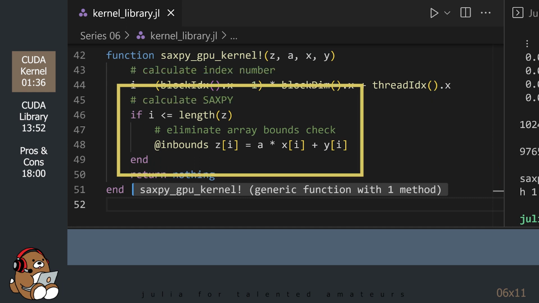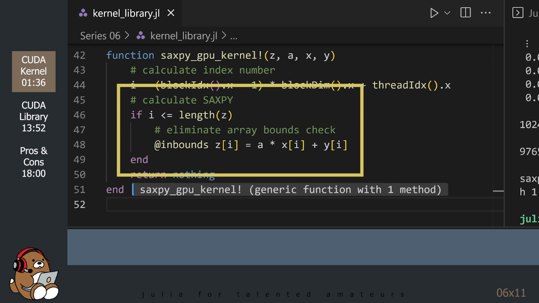Next is the code for the actual Saxby calculation. Notice that we are not using a for loop, nor are we using a broadcast operator. Instead, we're using a conditional statement. This is the task that will be mapped to every thread in every block in the grid.